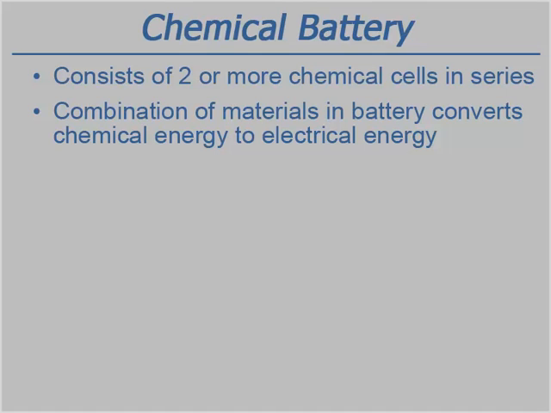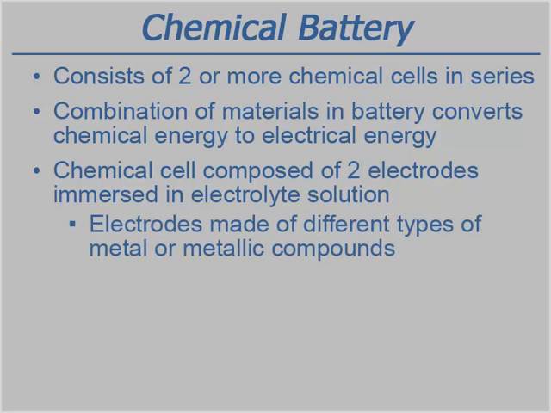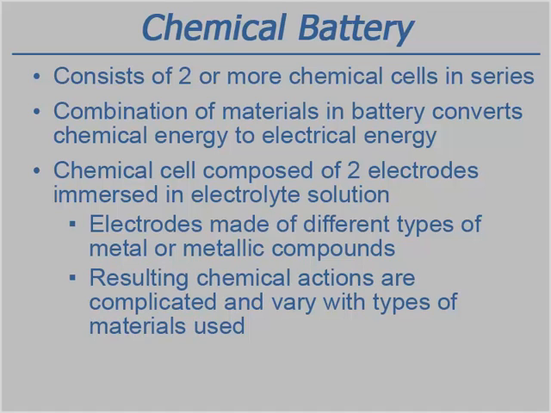To understand how a battery works, we must first discuss the chemical cell. The chemical cell is composed of two electrodes, from Greek words meaning route of the electricity, made of different types of metal or metallic compounds, which are immersed in an electrolyte solution. The chemical actions which result are complicated and vary with the type of material used in cell construction. Some knowledge of the basic action of a simple cell will be helpful in understanding the operation of a chemical